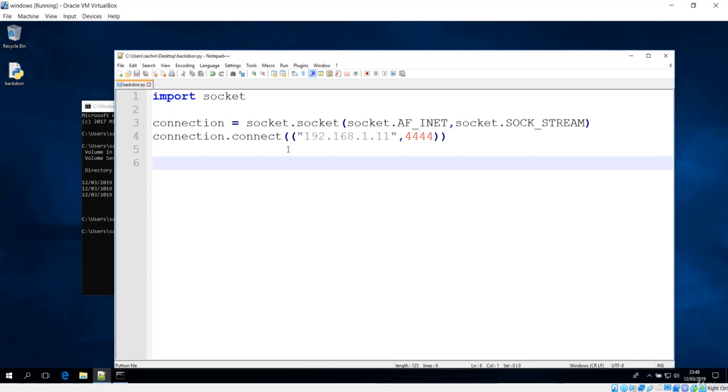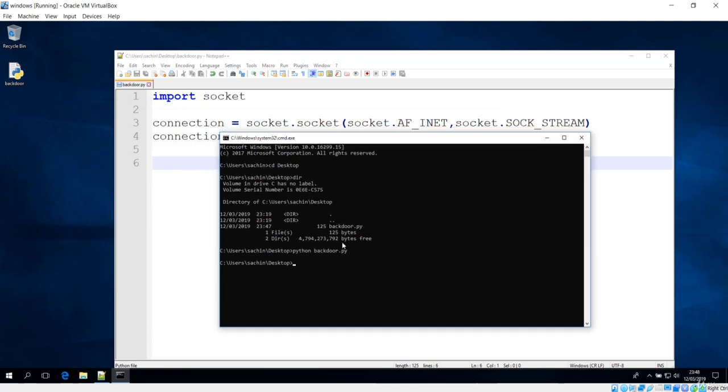Now in the next lecture, we'll see how we can execute some important commands on this client machine through the server, and we'll also see about the packaging, because if you want to run this backdoor on the client, it is so suspicious. First of all, it has to have Python installed, which is not compulsory because not everybody has Python on their machine, and the next issue is that it is simply a Python file. So we have to package it in such a way that the client won't get suspicious, and it will be cross-platform. That means it will be executed on any machine, on Linux, Windows and Mac OS X. So that will be covered in the upcoming lecture.